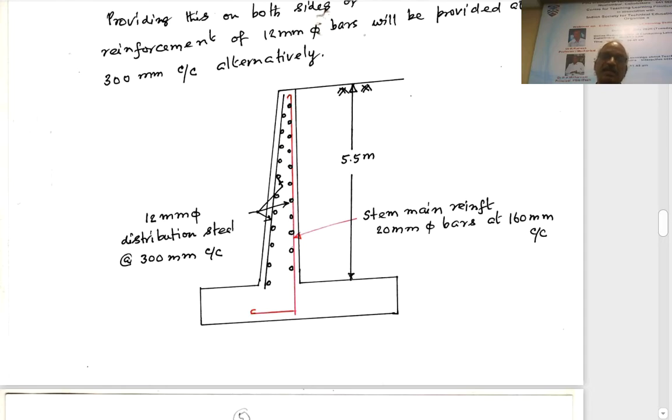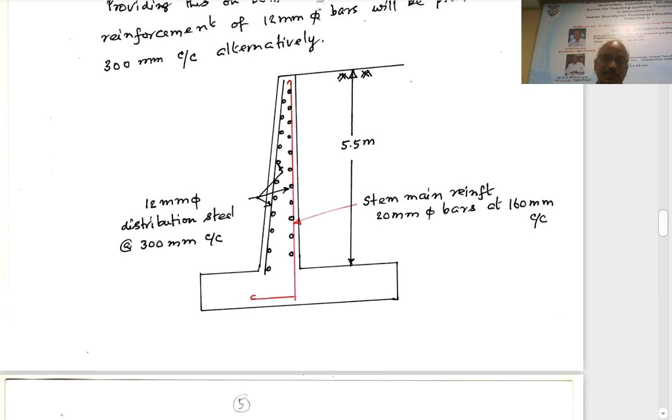So we have completed the design of the stem: the thickness of the stem, how to find the bending moment, how to find the thickness, how to find the area of reinforcement. What is required here is only the main behavior and the location and direction of the reinforcement. Other things are only routine RC design. So after some time we will not discuss those things elaborately. Right. So that's about the stem.